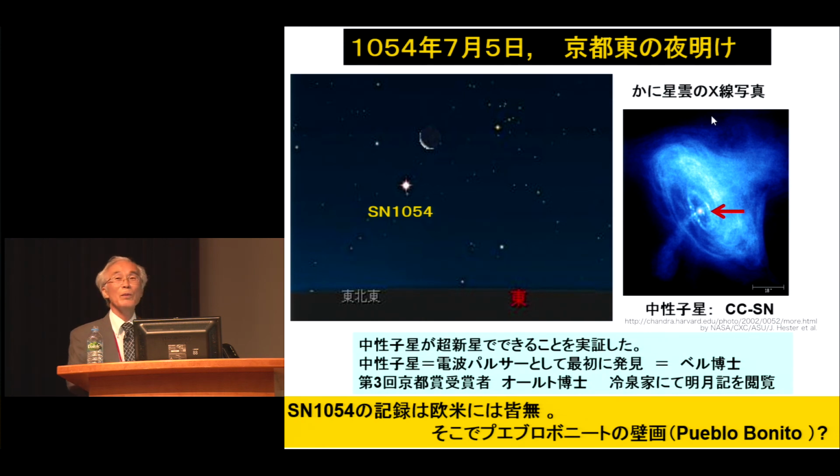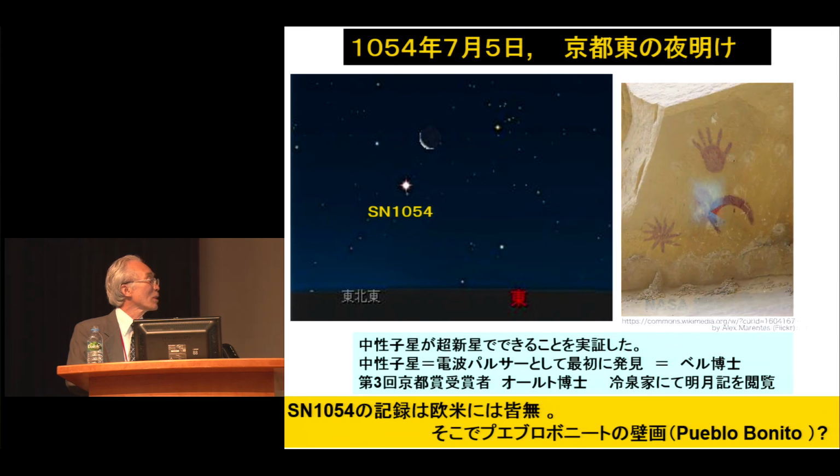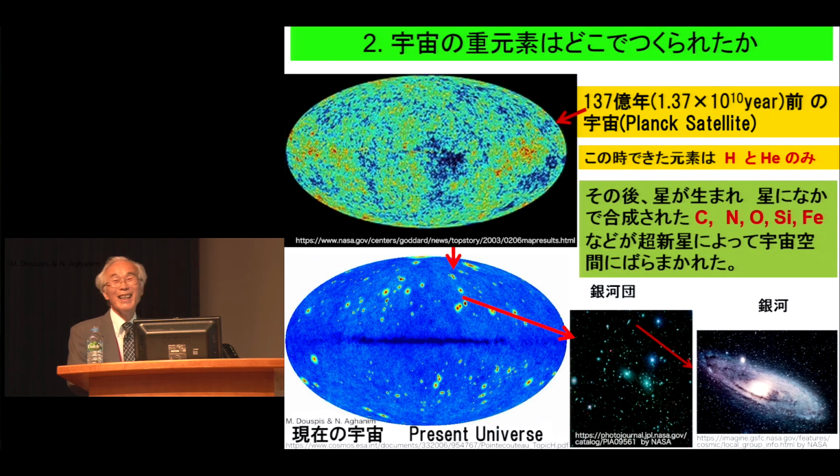And this record is only found in Japan, China, and the Western countries. There are no records elsewhere. Maybe the Western researchers are not happy with this fact. That's why an American researcher came up with this picture. So this is a record of the supernova of 1,000 years ago. This is a wall painting in the Pueblo Bonito. And this picture was drawn not by the current Americans, but by the Native Americans. So American researchers do not have anything that they can be proud of. Anyway,